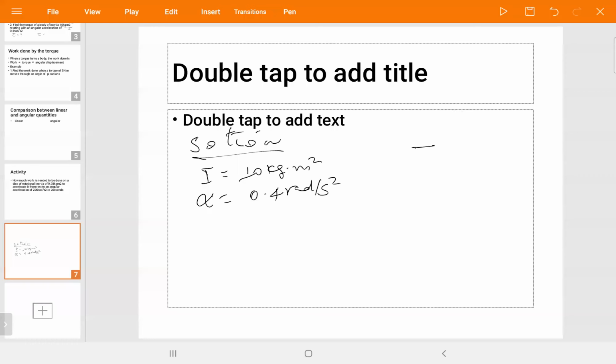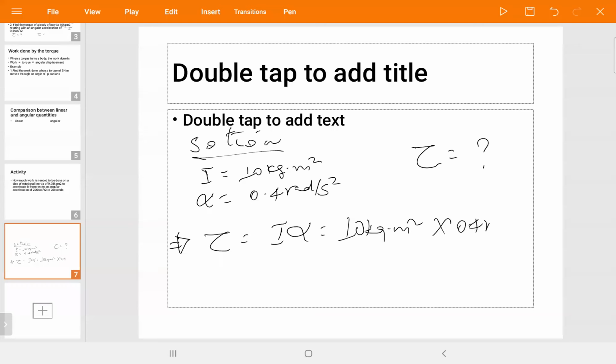Then we are looking to find the torque produced by the rotating object, and the torque will be I times angular acceleration, and the moment of inertia is 10 kilogram meter square times 0.4 rad per second square. Then it becomes 4